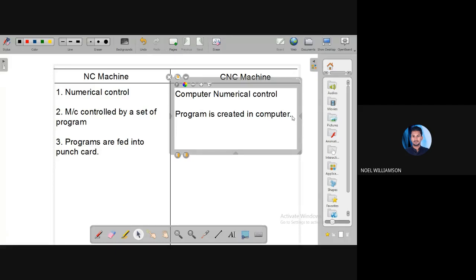Here it is directly given to the machine using certain keyboards, as the keyboard seen in a computer. The CNC machine is also having a particular keyboard. So directly we are entering into the machine.